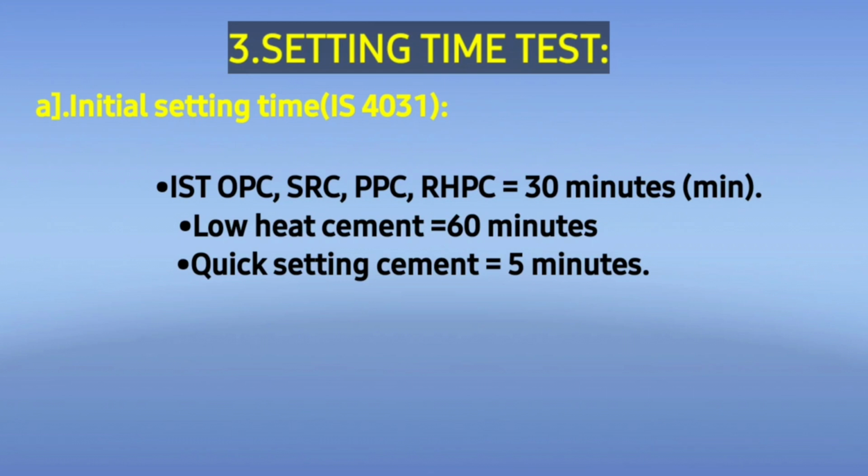नाउ एज पर इंडियन स्टैंडर्ड्स इनिशियल सेटिंग टाइम जो होता है OPC, ऑर्डिनरी पोर्टलैंड सीमेंट, सल्फेट रेजिस्टिंग सीमेंट, पोर्टलैंड पोजोलाना सीमेंट, रैपिड हार्डनिंग सीमेंट का मिनिमम 30 मिनट्स होना चाहिए। लो हीट सीमेंट का इनिशियल सेटिंग टाइम 60 मिनट्स होता है एंड क्विक सेटिंग सीमेंट का इनिशियल सेटिंग टाइम 5 मिनट्स होता है। गाइस ये कई बार कम्पिटिटिव एग्जाम्स में आ चुके हैं।